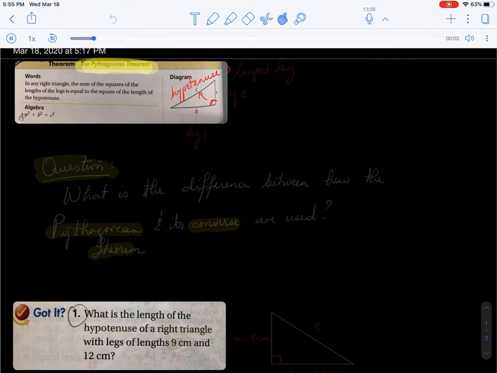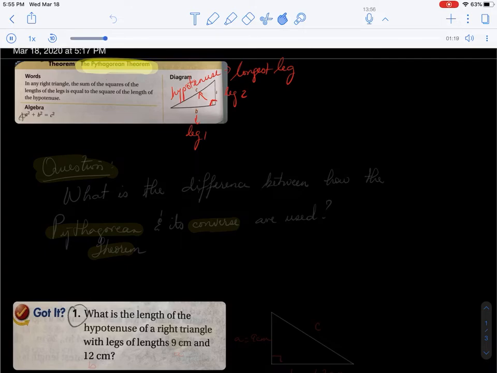The longest leg. Here can be leg 1, and here can be leg 2. So it's important for you to identify two things: right angles and the hypotenuse. It also mentions about